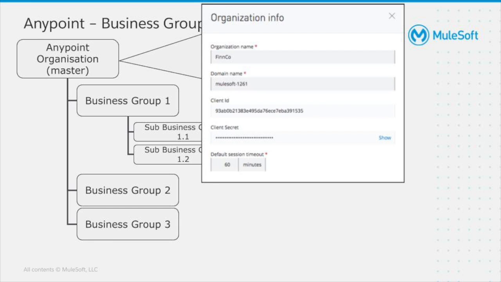And because business groups are hierarchical, the owner of the parent business group automatically has and retains the administrator permissions for any child business group of that parent, even if they make any other user an organization administrator of a child business group. Conversely, owners of the child business groups cannot access or modify parent business group or master organization settings or view the parent business group's or master organization's client ID and secret.